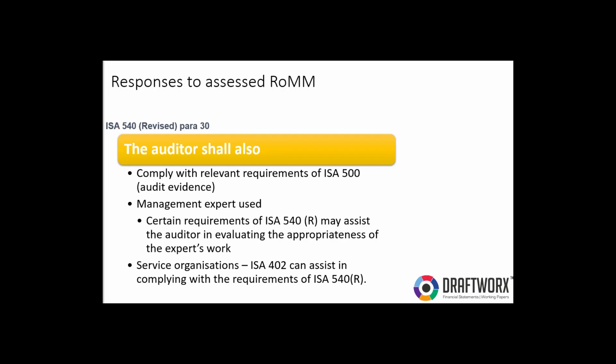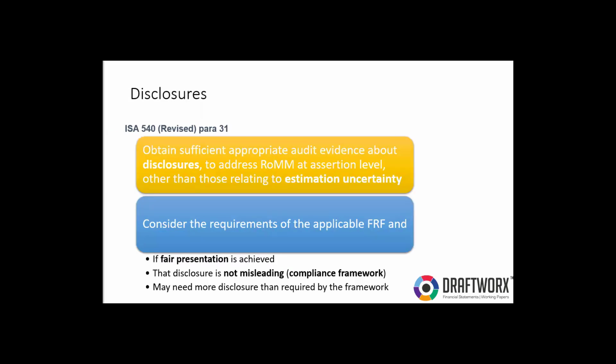All right, so these are just a couple of considerations as you think of fieldwork. Then we're not really done with fieldwork yet until we've tested disclosures. This is an area where auditors tend to forget or fall down. And it's very important that we do not forget that there are specific disclosures in terms of ISA 540 that we need to consider when we are testing and auditing these accounting estimates.